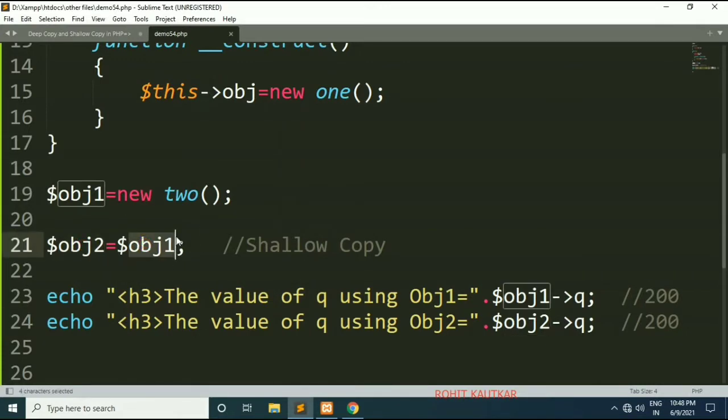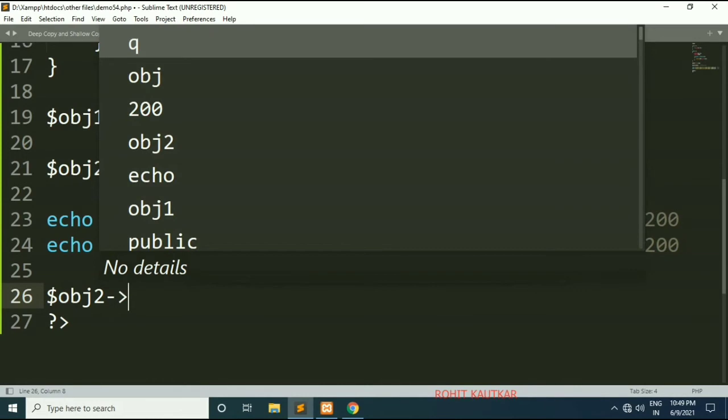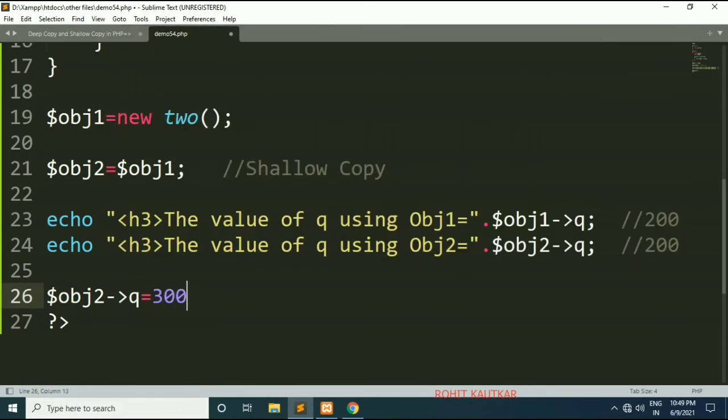Now I will try to demonstrate that if I change the value of q using object 2, it will also get reflected within object 1. See here, now what I will write: object 2 object operator q is equal to 300.